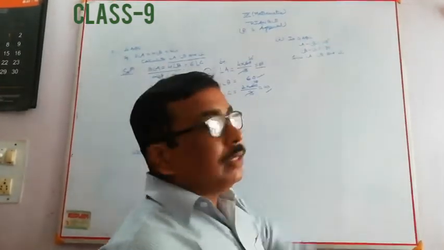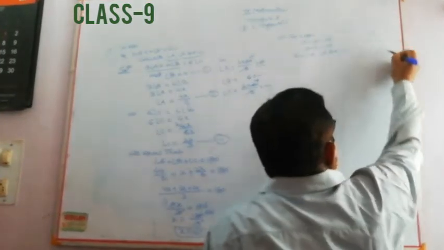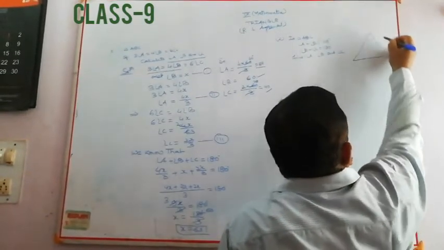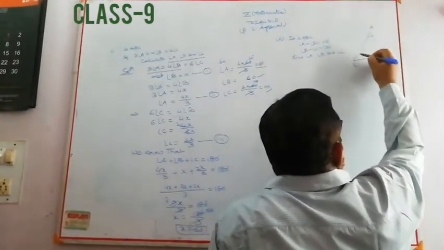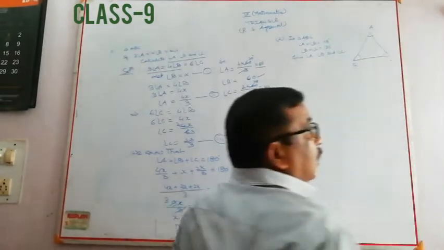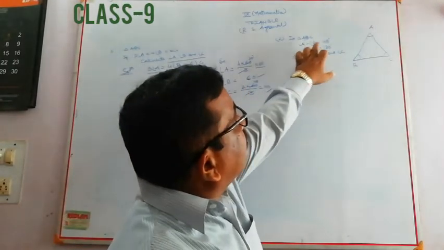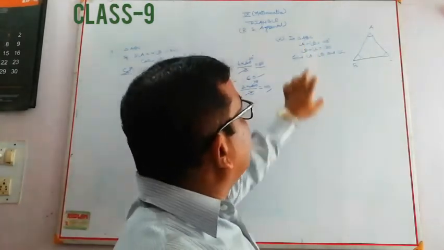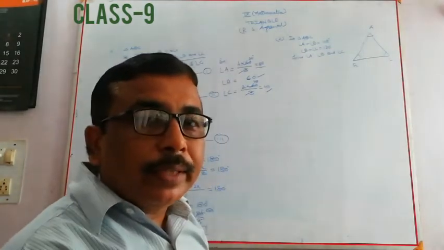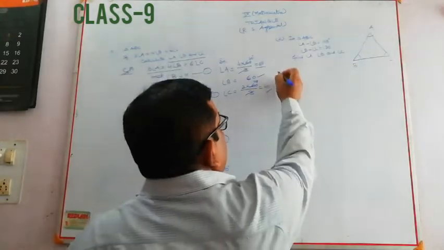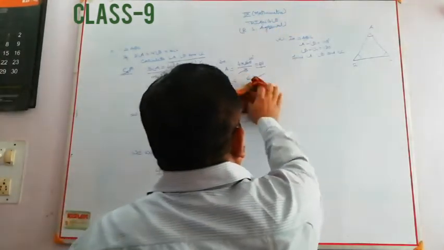In triangle ABC, you know that is a triangle. I form the figure, so the figure ABC. Sum of angle A plus B plus C is equal to 180 degree. Given in your question, A plus B is equal to 108 degree and B plus C is equal to 130 degree. Then you find the value of A, B and C. Solution is what?